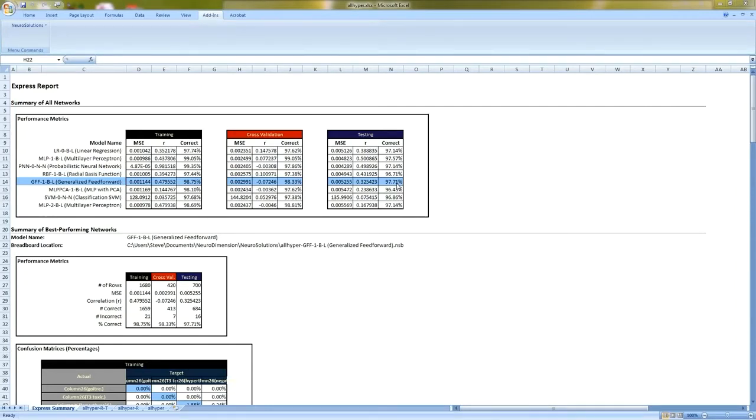That is all for part 2 of the From Data to Model series. In part 3, we will begin working to optimize our model in NeuroSolutions, including retraining the generalized feed-forward network with weighting the outputs evenly, and then also attempting to reduce the number of inputs using one of our many